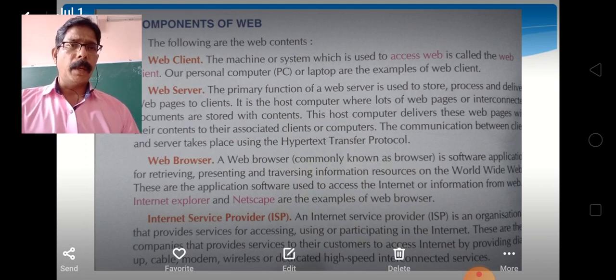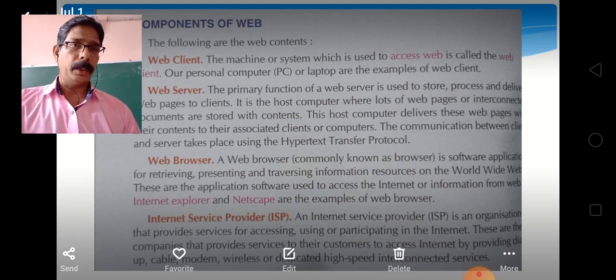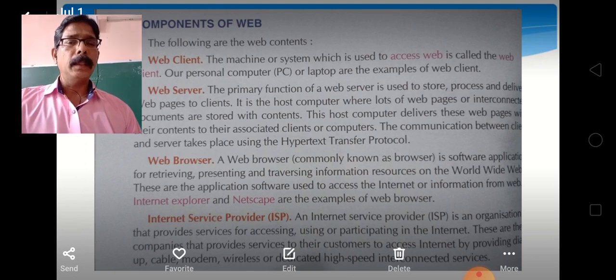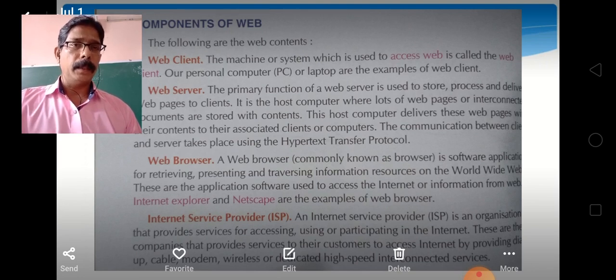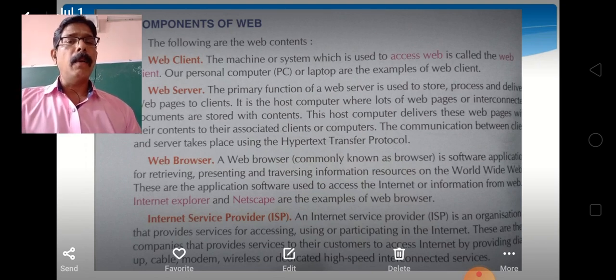Third one is web browser. A web browser, commonly referred to as simply a browser, is an application software for accessing the World Wide Web.